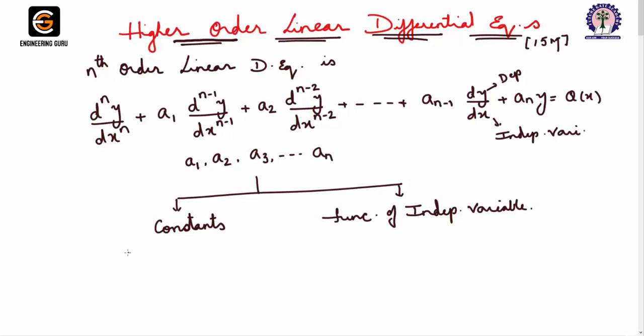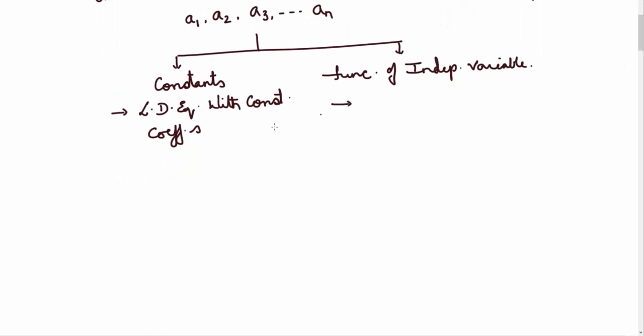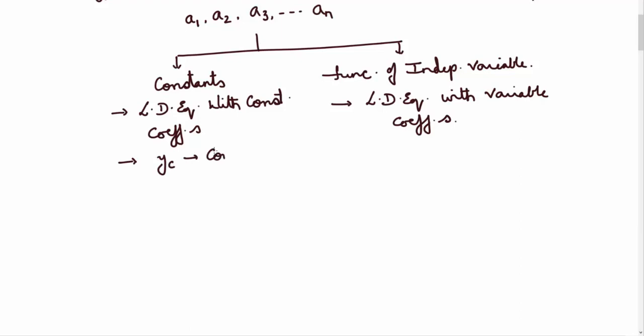that is x. Now if these values a1, a2, a3 and so on to an are constants, then we call this equation a linear differential equation with constant coefficients. And if they are functions of the independent variable, then we call this differential equation a linear differential equation with variable coefficients. In linear differential equation with constant coefficients, we are going to learn about yc, which is called the complementary function,